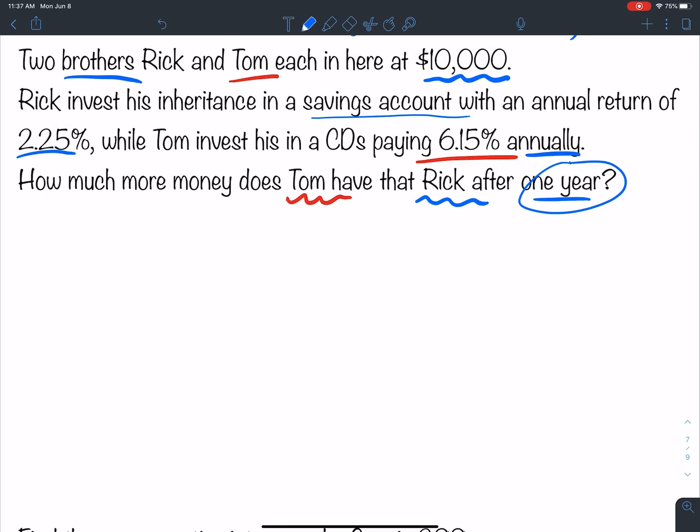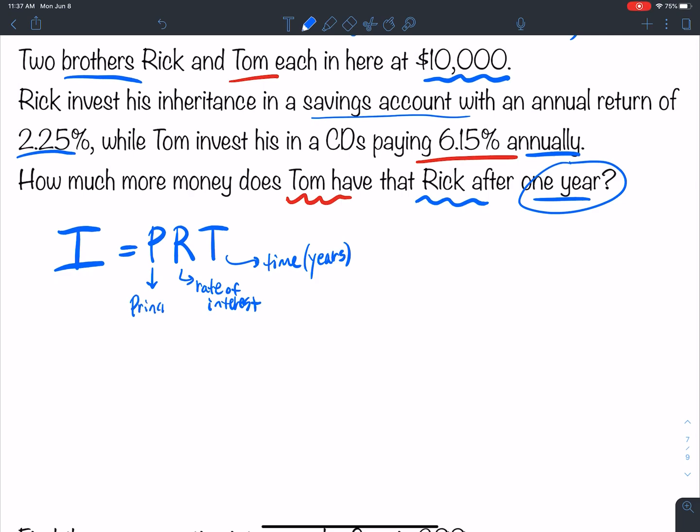So here's a formula that we need: I equals PRT, where T is the time in years, R is the interest rate, and P is the principal, the principal amount. So how much do we start with? Our principal, P, here is 10,000. And so with Rick,